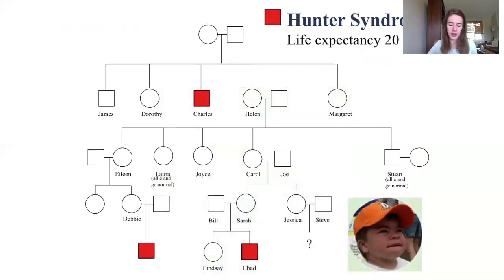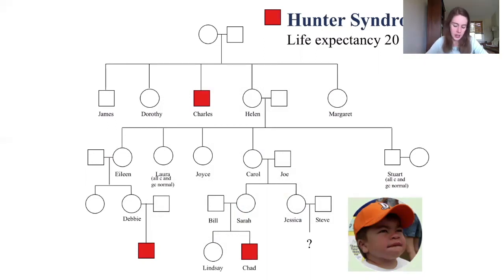Hunter syndrome. This is going to be an X-linked trait, so sex-linked and X-linked specifically. So we're going to go through an example here, and we want to see the likelihood of Hunter syndrome being passed on to children. So if you were a genetic counselor and you were trying to counsel parents that came to you and said, we have a history of this disease in our family, and we want to know if we should even have kids or not, or should we opt for adoption, or an egg donor or a sperm donor if we know that only one of the parents has the disease. So